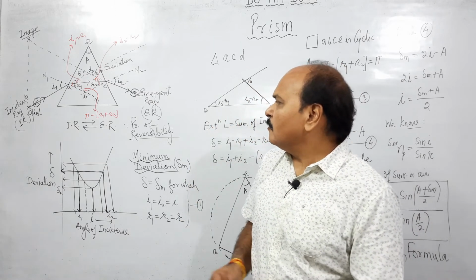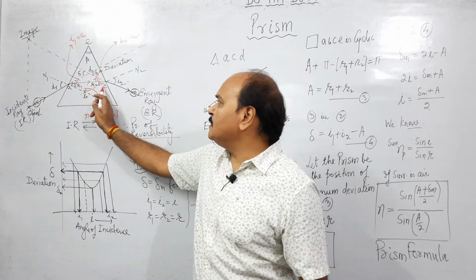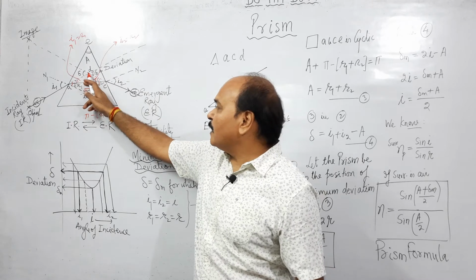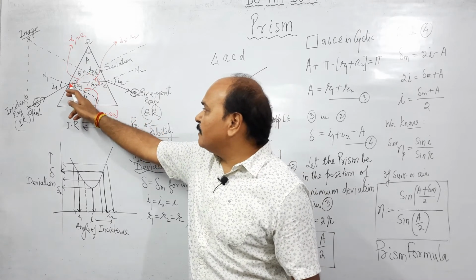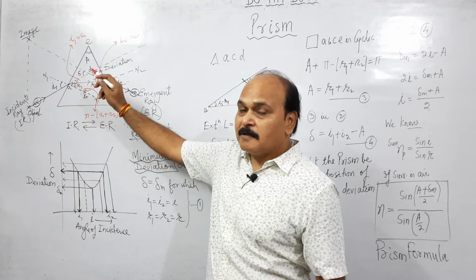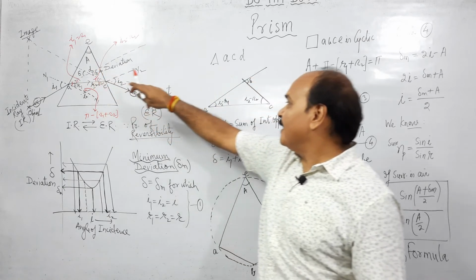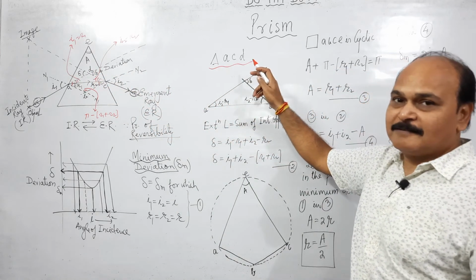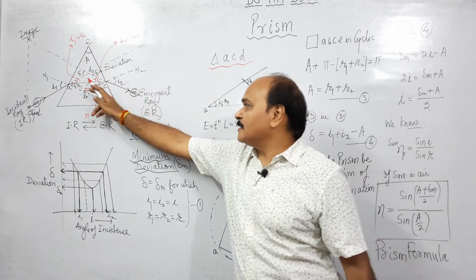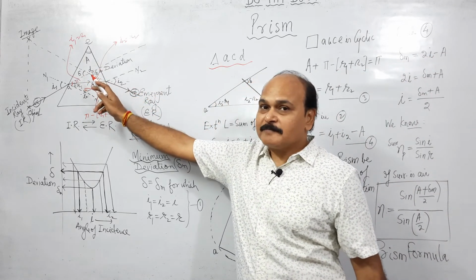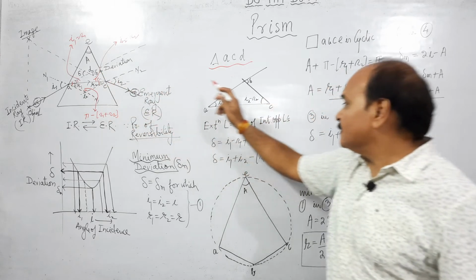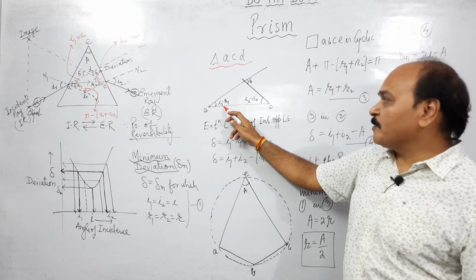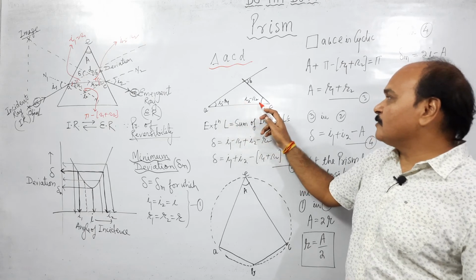Now let us look at this triangle ACD. So what I am doing is selecting this triangle from here, copying this triangle and pasting it here. This is triangle ACD, which is visible in the diagram. So this triangle has been pasted here. This is ACD. This angle is I1 minus R1. This angle is I2 minus R2. This angle is